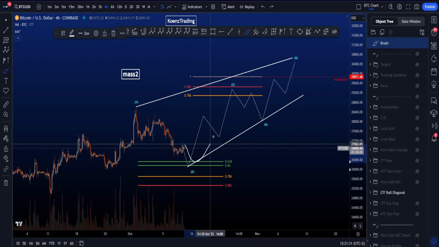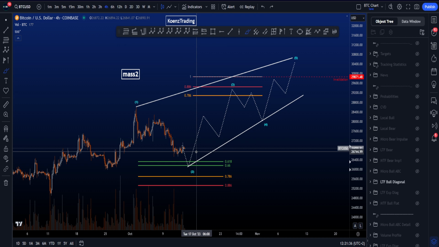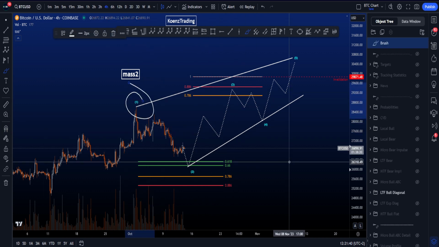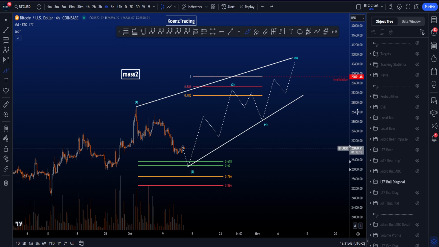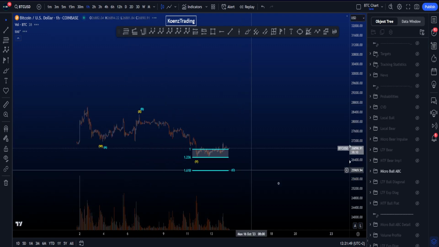Now, if we do get a move towards the upside, price is not allowed over here to hit the 1-to-1, as a wave 3 in a contracting diagonal is not allowed to be longer than wave 1. So the invalidation is 29.8k. If we then zoom in over here and look for bullish scenarios on the 1 hour,